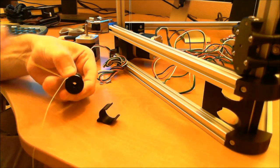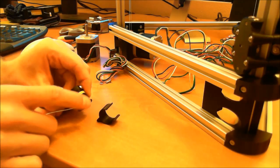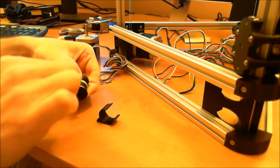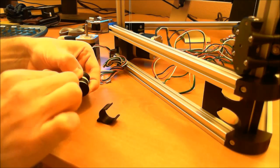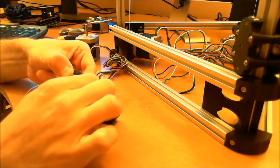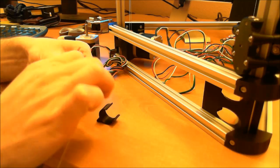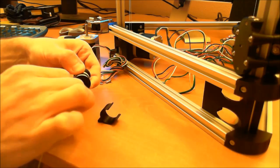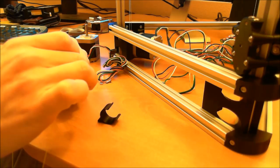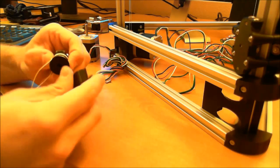I'm going to do the same thing on the other one, but in a different direction. This is clockwise, so this is the end, and that'll be clockwise. Why that's important is it attaches to one side of the roller, so it needs to be in the right position. That's 5, and that's 6. So now I hold these in place,